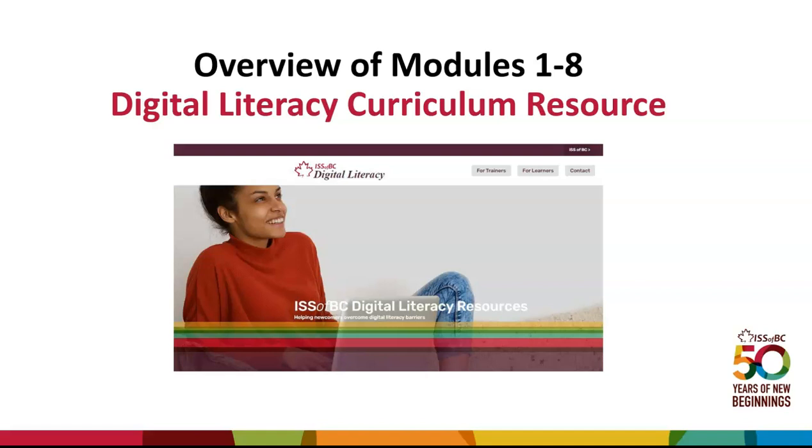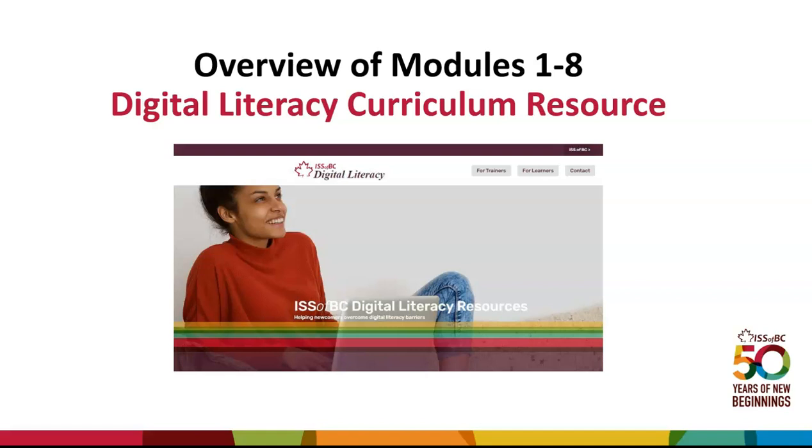ISS of BC partnered with the UBC Learning Exchange to develop the resource, and Dion Pellon, the coordinator of computer and drop-in programs at the UBC Learning Exchange, helped the team understand all the discrete skills that make up digital tasks and shared proven successful methods for teaching digital literacy that we could use and adapt for newcomers with English